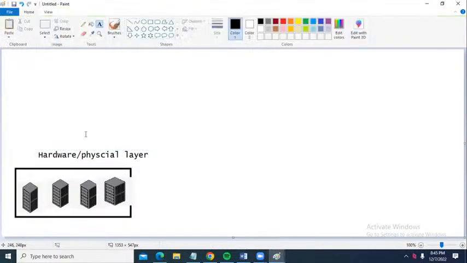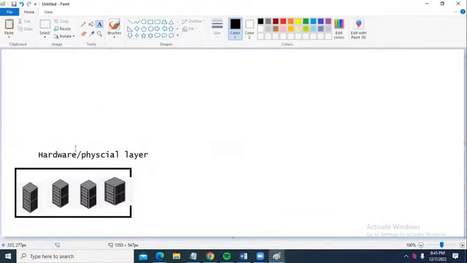Completely this hardware or physical layer is managed by cloud service providers, because they are public clouds. So every infrastructure is managed by public cloud service providers. Like data centers, they will also have data centers within regions.